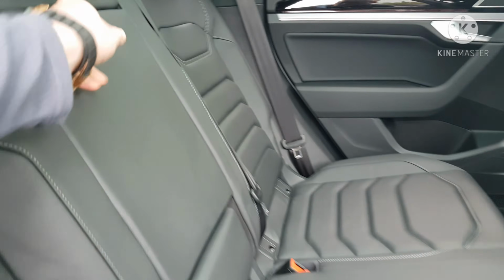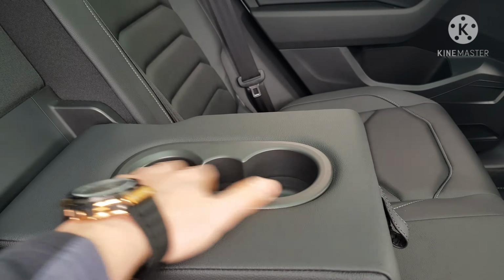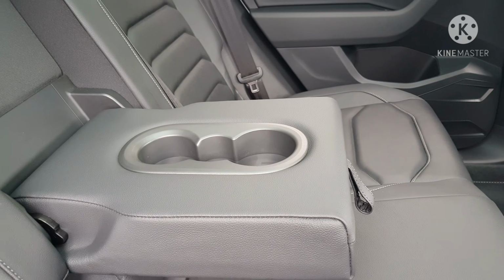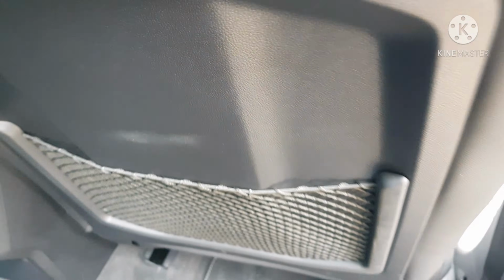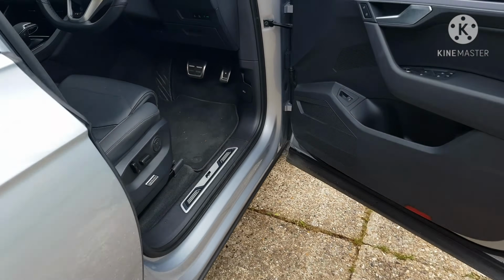Oh, sorry, I didn't also go to the center console in the rear. Again, store your cups, nice. Don't like the fact that it has it there with no cover, because when you sit in there, your elbow sort of falls into it, so you can't properly sit comfortably with it. But that's just me being picky. And you have your elastic storage for the rear passengers. So let's go in